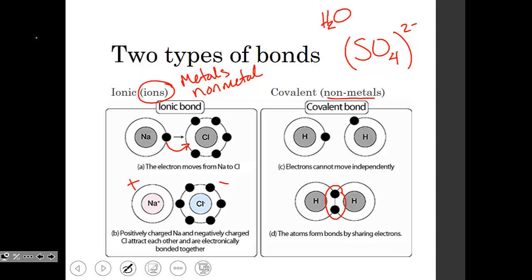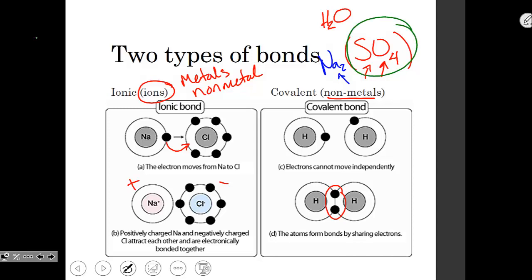Sulfur shares electrons with 4 oxygens and has an extra 2 electrons, which gives it a -2 oxidation state. That covalent molecule can pair up with metals such as sodium to neutralize that charge. Sodium sulfate, therefore, is both ionic: you have a metal and nonmetals,